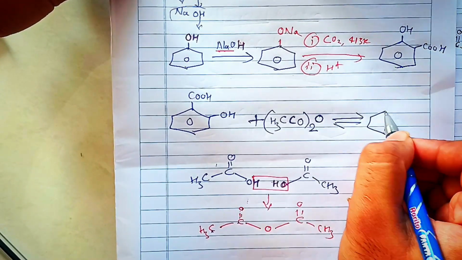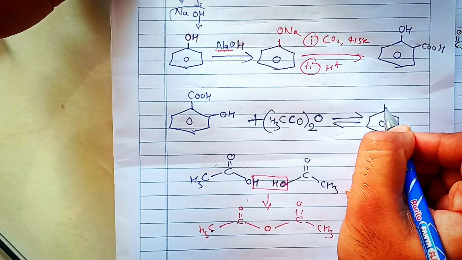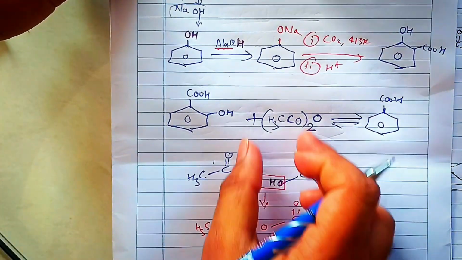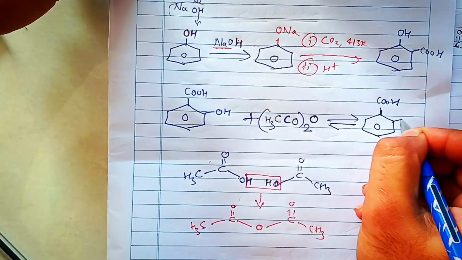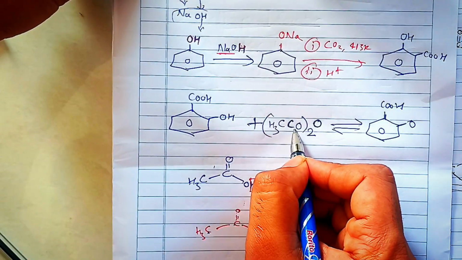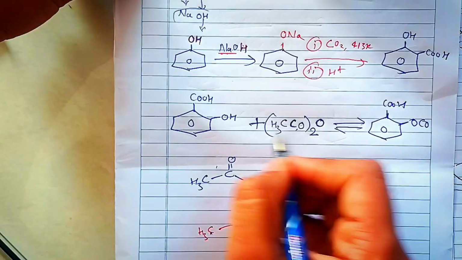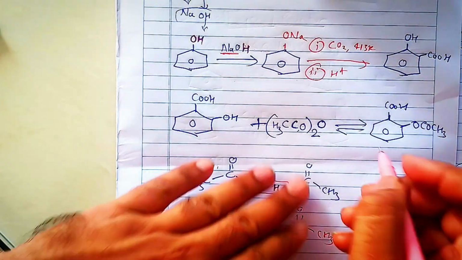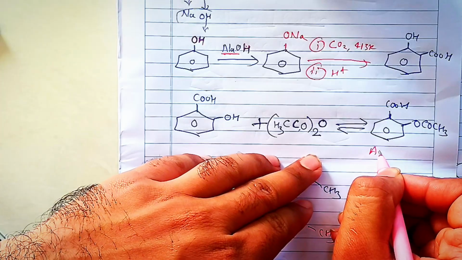How to make that? We only write here COOH, okay? Just we have to write this here, okay? This oxygen O, then this CO, then CH3, right? This is the aspirin structure,